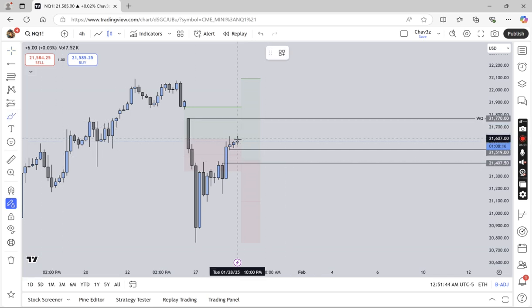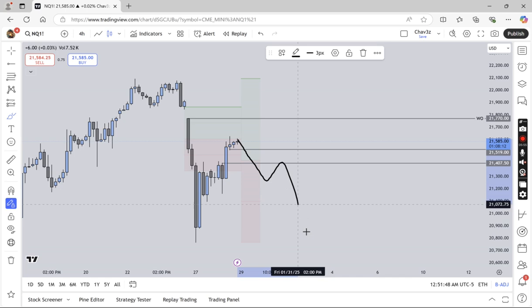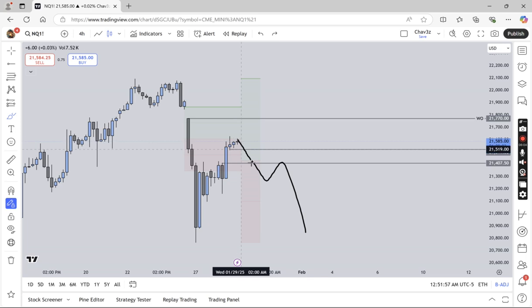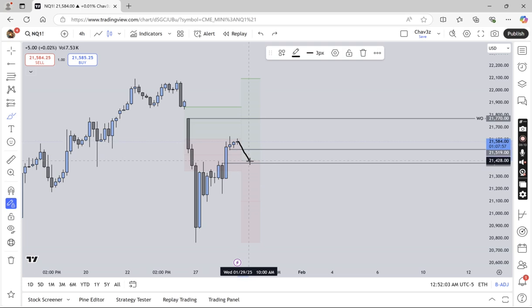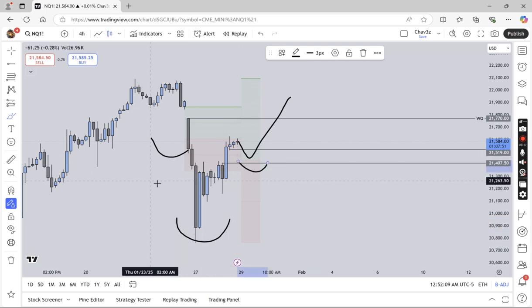then I want to see us what? Drop down into the 4 hour and use it to go lower, right? That's going to be our scenario 2. Scenario 1 is we go for weekly open. Scenario 2 is we go for underneath the 4 hour and use it to go lower. And then number 3 would be we tap into the 4 hour and use it to go higher, because that would create what? Our market structure shift to go higher.